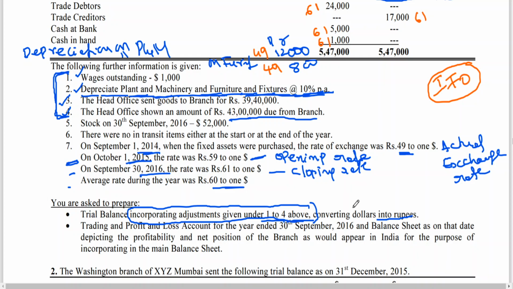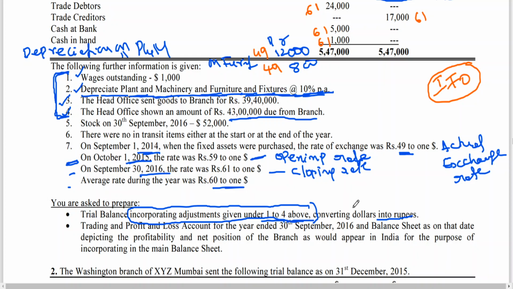For the treatment of exchange difference arising on translation of financial statements, it is recognized as income or expense in the statement of P&L, so it will be taken to the P&L account. For non-integral foreign operation, it is called the foreign currency translation reserve. That is the difference. Foreign currency translation reserve will be taken to the balance sheet. That's it. It won't be taken to the statement of P&L account or profit and loss account, but it will be taken directly to the balance sheet.